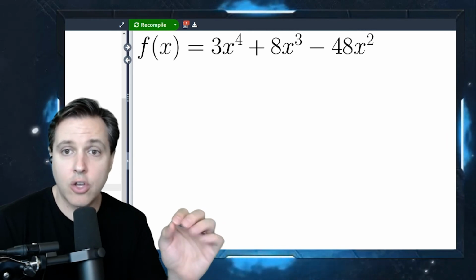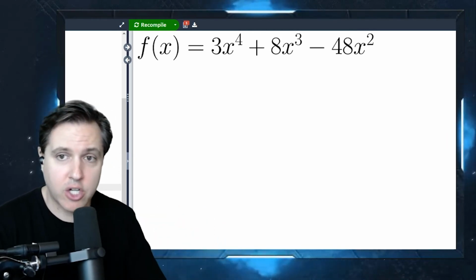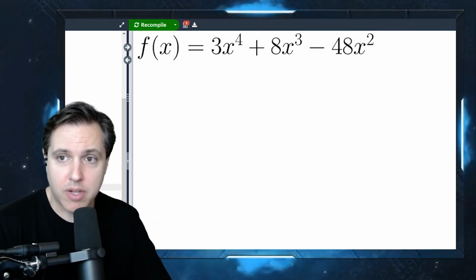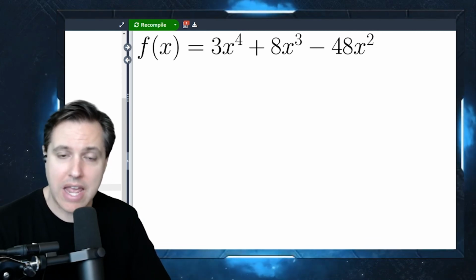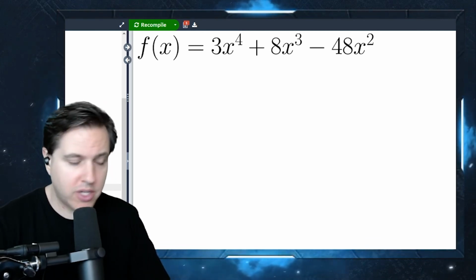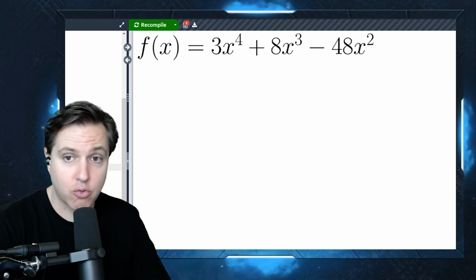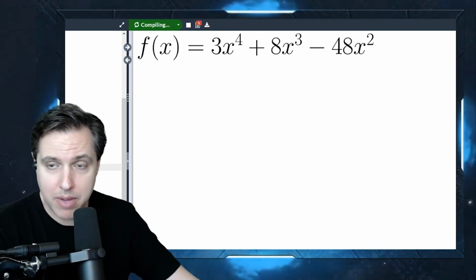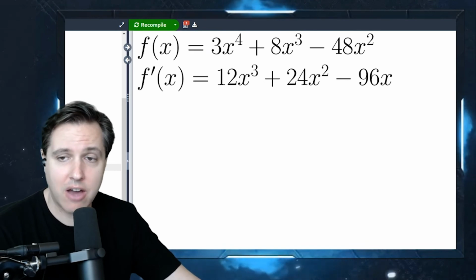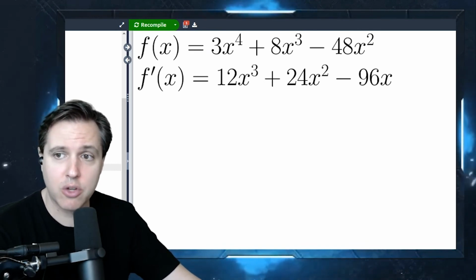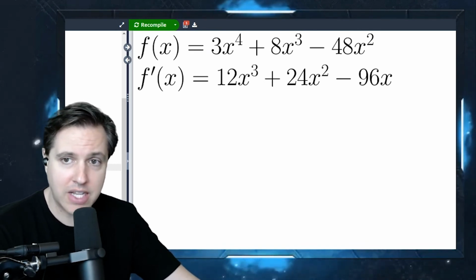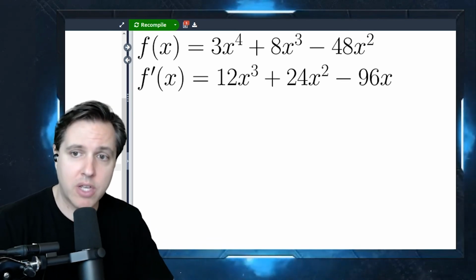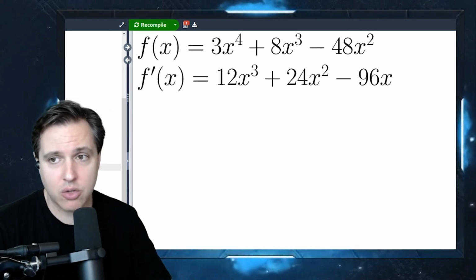Okay, so let's look at an example here. Here we have the function 3x to the fourth plus 8x cubed minus 48x squared. So it's pretty straightforward to go through and take the derivative of this. It's a polynomial. So remember, we want to pay attention to when things are continuous in calculus. These polynomials are continuous, so we're good with that. Also very easy to take the derivative. You can see we get 12x cubed plus 24x squared minus